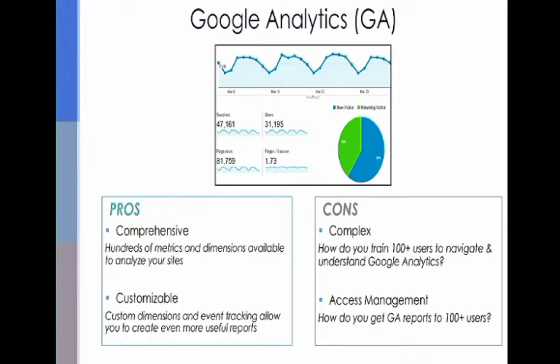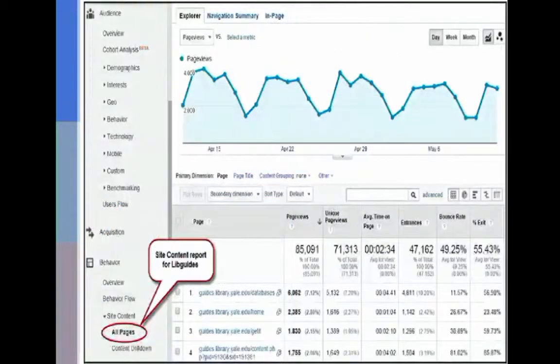All right. Just to get an idea of our Google Analytics site, this is our Google Analytics site for our LibGuides. And as you can see, this is just one report. This is a site content report for our LibGuides. And you see a lot of data here, but I'm not sure what the best data is to present. And you can also see it's really complicated because